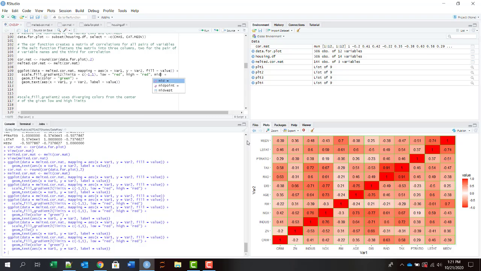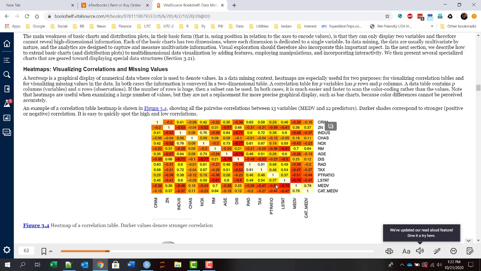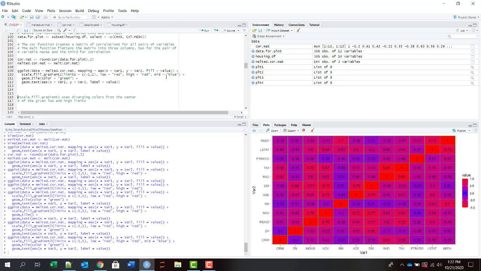So if you say mid equal to, say, blue, then as the values come closer to 0 from either side, from the -1 side or the +1 side, it will become bluer and bluer, less red and more blue. They have not used the same color scheme anyway, so let's not worry about that. Usually the midpoint default is white for